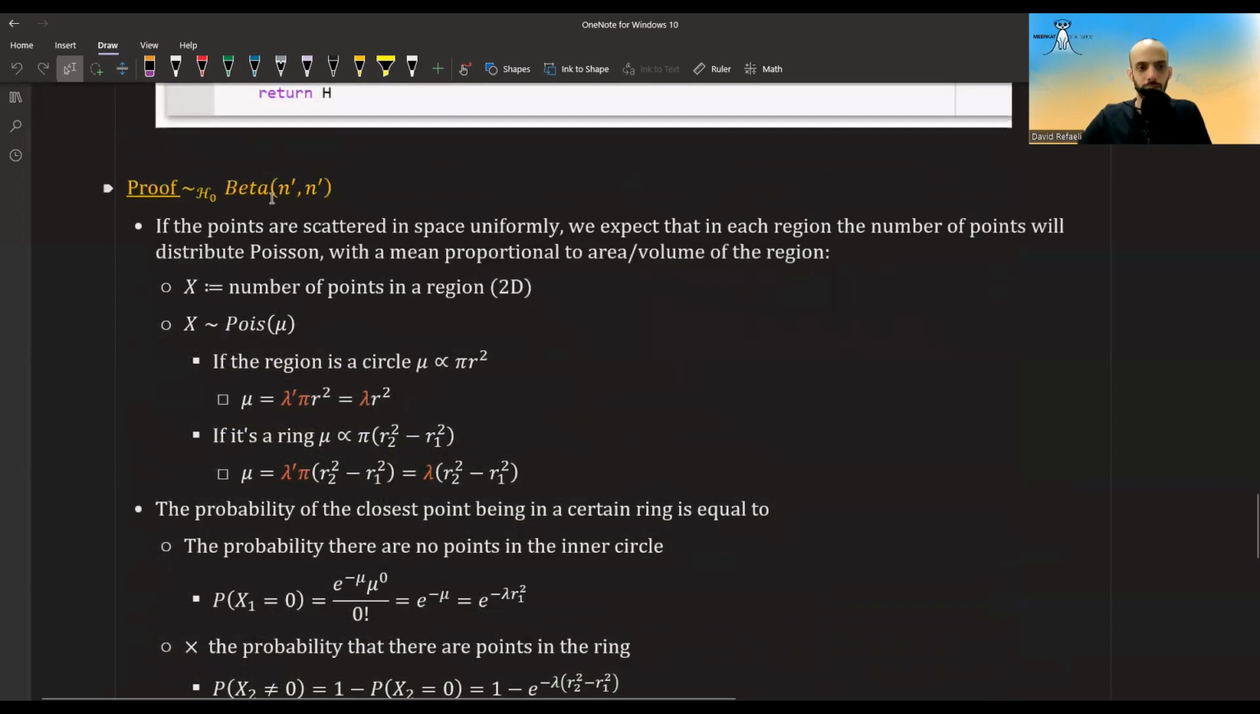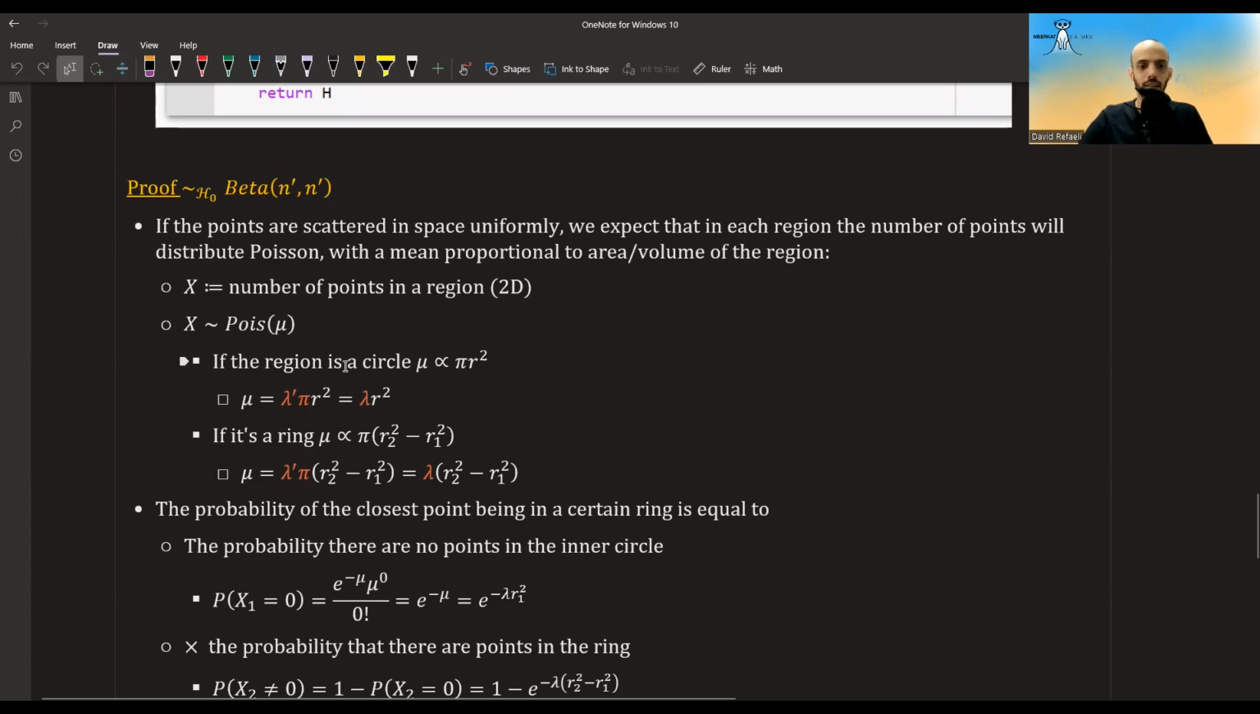Finally, I want to show you the proof that this statistic does indeed distribute beta. So the idea here is that if the points are scattered in space uniformly, we expect that in each region, the number of points will distribute Poisson with a mean proportional to the area or the volume or the hypervolume of the region. So if we denote by x the number of points in a region, x distributes Poisson with